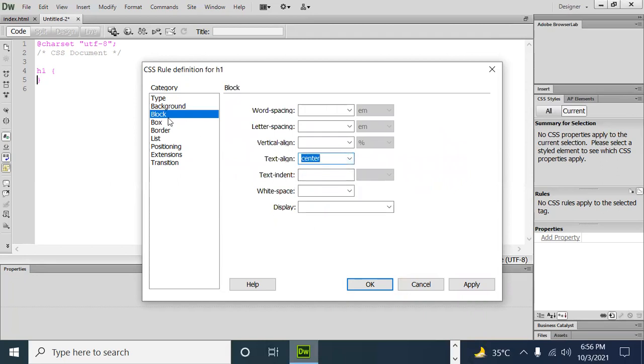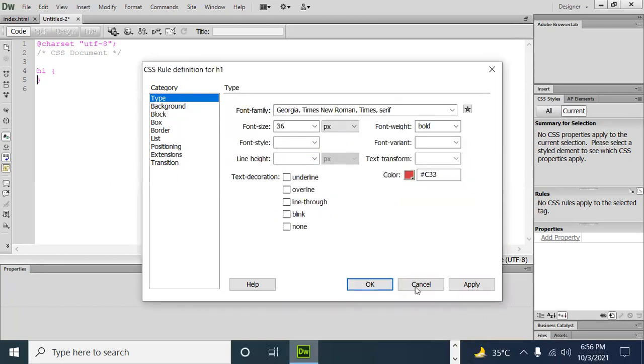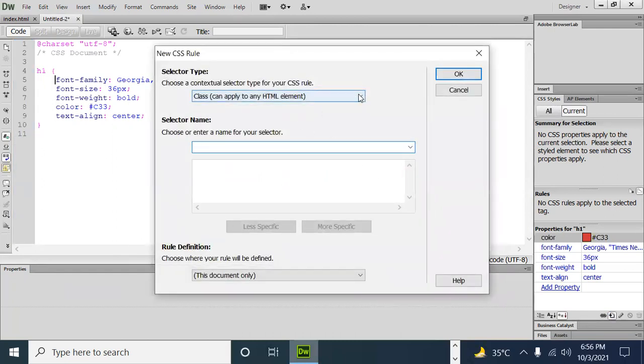I'm going to set it for my heading. Color is, suppose, red. So just go and apply. My first style has been created. Go and click on it further. Design one more tag, H2.